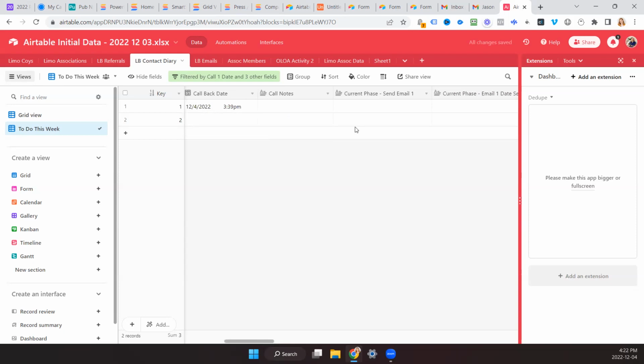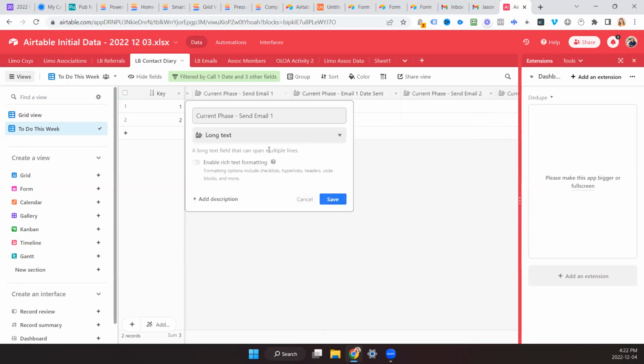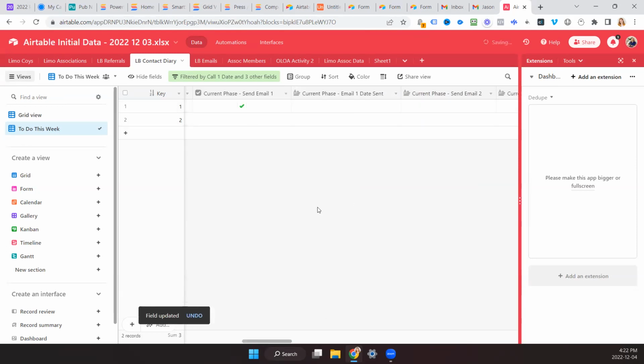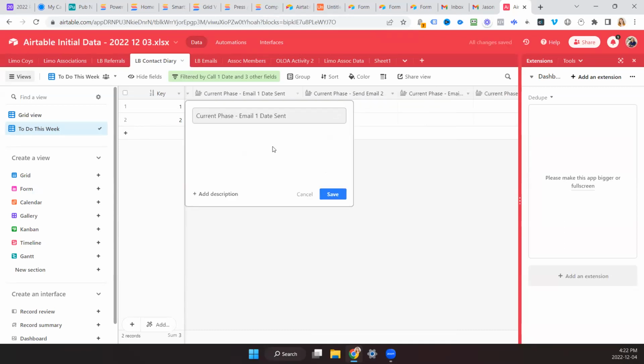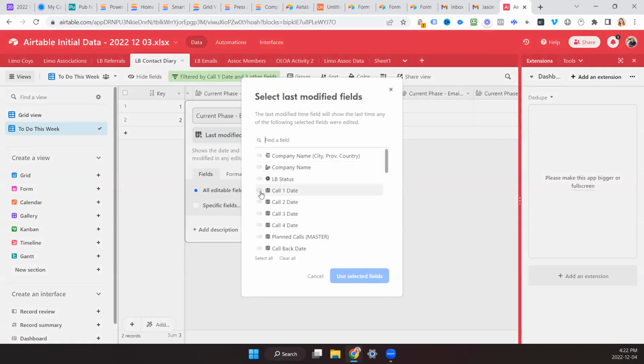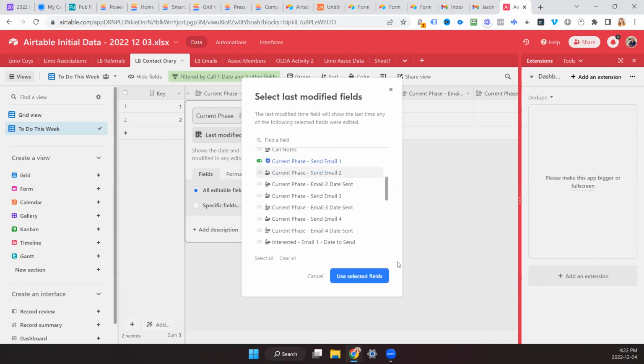So send email 1, and I would assume you would put in the word, say send, would be my trigger. And then you could have a checkbox. And then when it does send it, it would put the date that it sent it in the next field. So it would put that date when the check mark appears, correct? Yeah, so last modified time, when send email for 1.